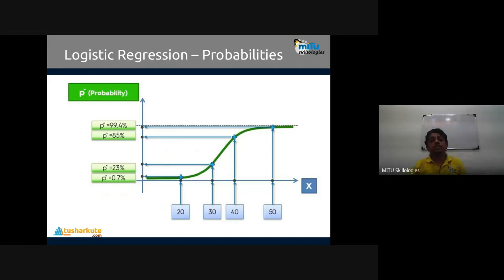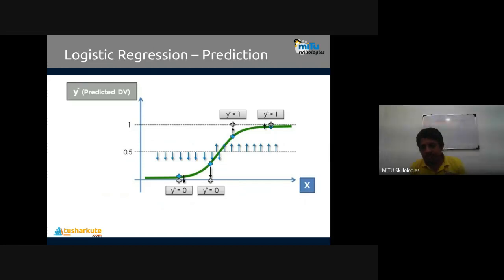Then what is the class? How can you generate the result? The output variable y is predicted like that. See, when I project this on the line here, I get the probability. Now the points with probabilities above 50% are in the second class, and those below 50% are in the first class.